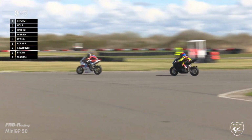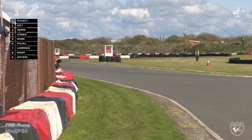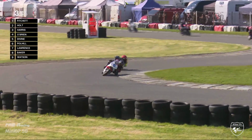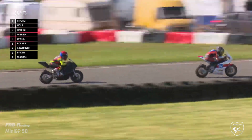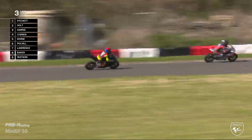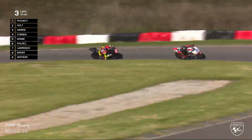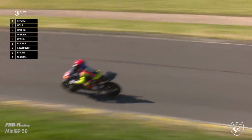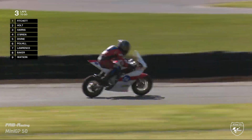It's great battles so far with Harris, as you can see on your screen, in 3rd place. Yeah, exactly. The battle for 3rd place, Archie Harris and Archie O'BRIEN. Archie opened the season with a podium yesterday, P3, of course. Knowing Archie, he would have been disappointed if it wasn't a win. He's upset. Well, not upset, but he knows he can do better. Again, he, of course, not a lot of